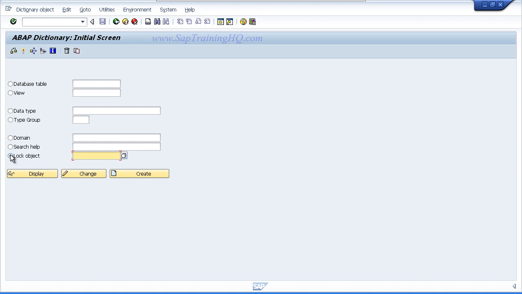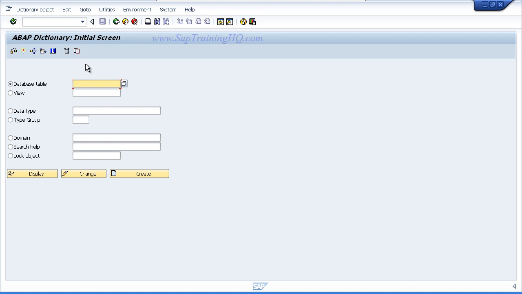Let's focus on creating a table first of all. So what we want to do is click on the Database Table option, and in this exercise we're going to focus on creating a transparent table. There are other types of tables, such as cluster tables and pool tables, but you don't need to know about those just now. All we want to do is create a transparent table. And when we create our table, we need to ensure our table name adheres to the customer-defined namespace. This means we need to start our tables with the letter Z or the letter Y. Most commonly, you'll see the letter Z being used.